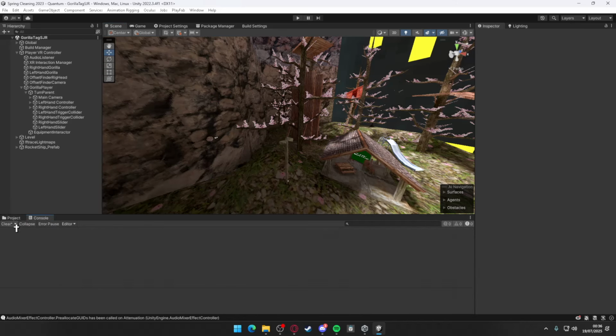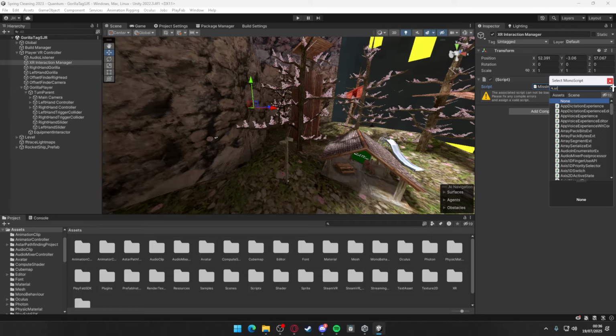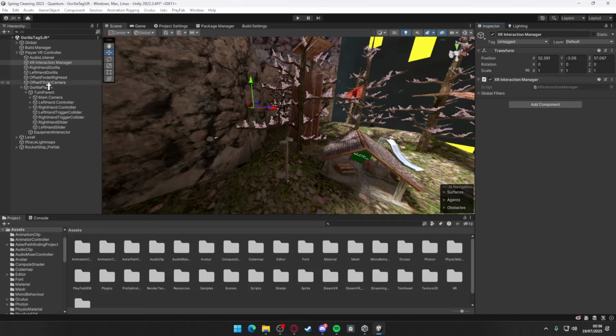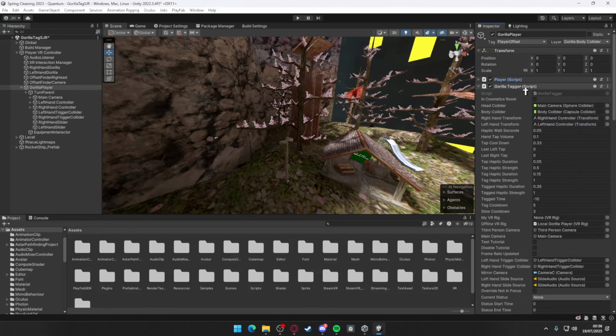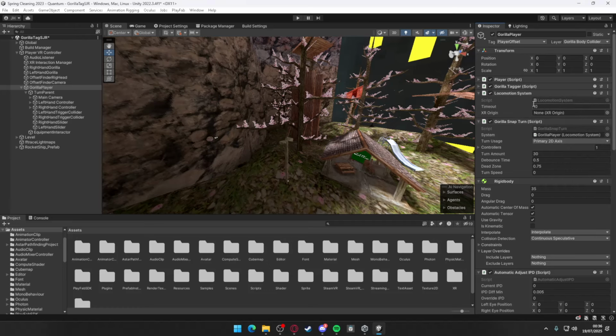Okay. And now XR Interaction Manager, press this little thing here, search up XR Interaction Manager, press this little eyeball, top one, go to player, special script, search up locomotion system, little eyeball, top one. Whereas that's XR Origin, press this little thing, play VR controller,